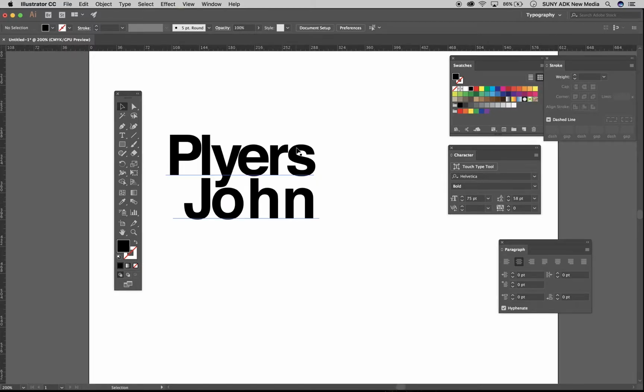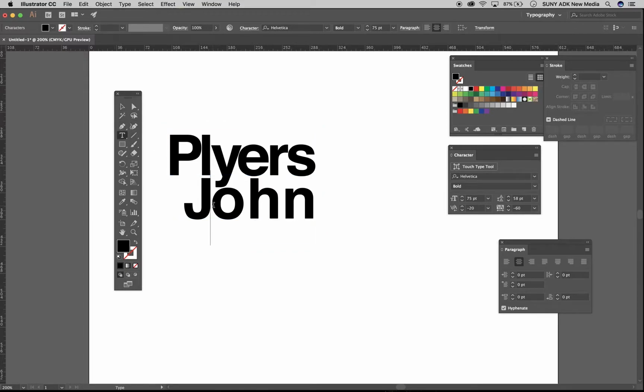So that is, let's see, type size, leading, kerning, and tracking, okay? Four essential things to create really good looking type. Now, I mentioned that we're working in Illustrator right now. And what Illustrator does is it turns everything into an object, right? Which means if I grab this Pliers John text that I have, and I realize it's the most absurd kind of text that there could be. I have no idea what Pliers John is, not pretending I do. But anyway,